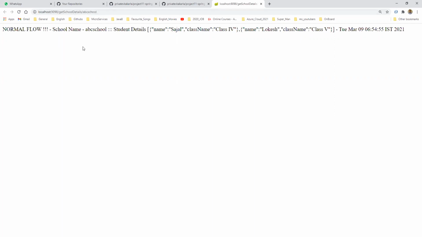Inside the school service we are calling the student service, so we are getting student details. We are getting student details for ABC school. Let me call XYZ school. XYZ school also exists, right? So let me open. Now the student details, the information, has changed. Third class and fourth class. The name, Sukesh, and the class name and all. And also we have a time.